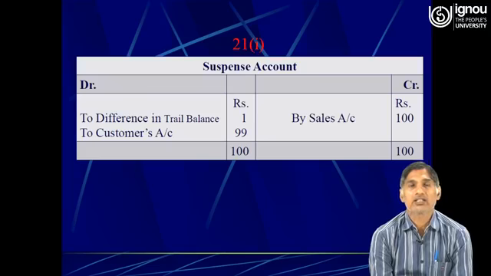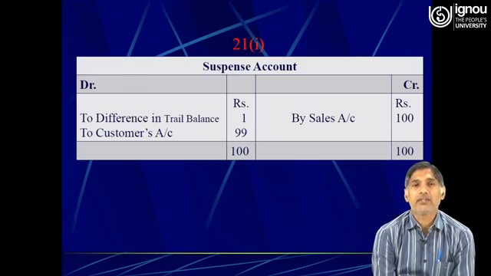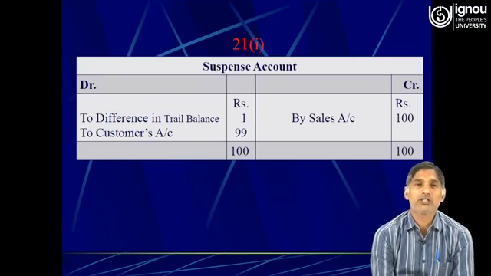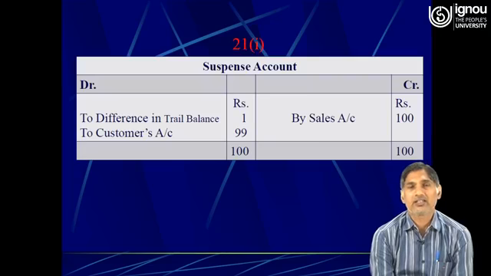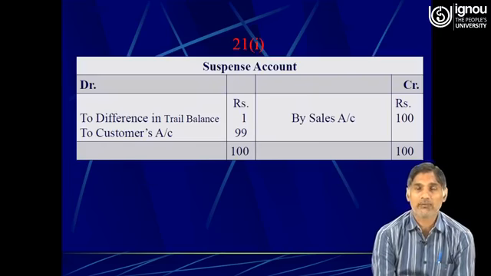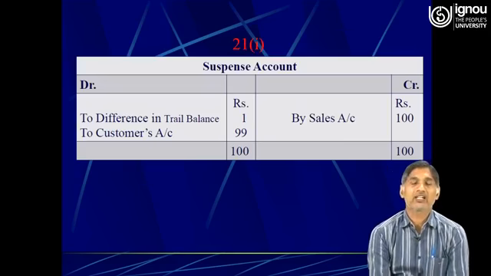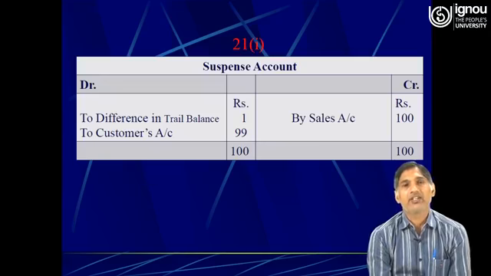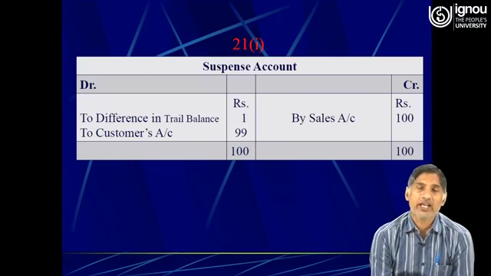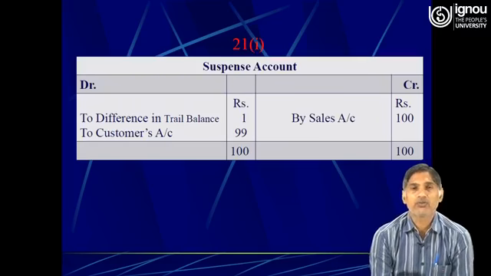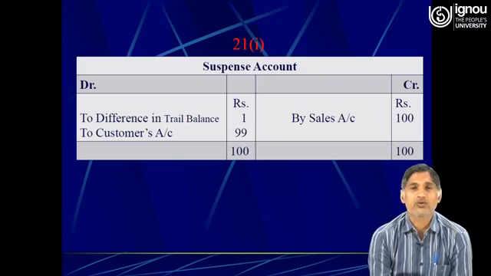So the simple formula is that we can temporarily make the trial balance tallied by simply transferring the difference of the trial balance to the suspense account, and this is how the suspense account is opened temporarily. Then the balance of the suspense account is carried forward to the next year, and during the next year we try our best to locate the errors, and when the errors are located and rectified with the help of the suspense account, then the suspense account will automatically get closed. So this was the role of the suspense account.